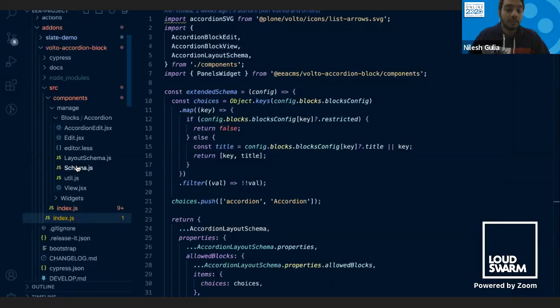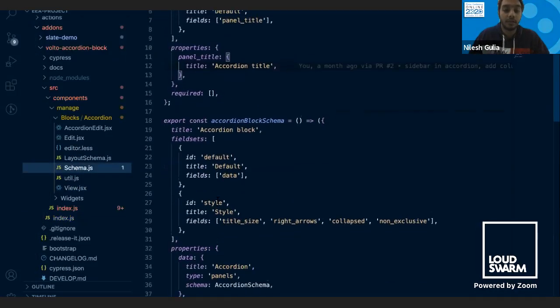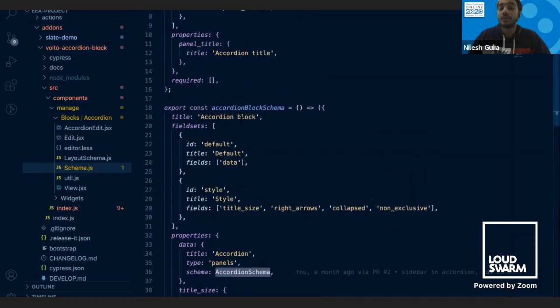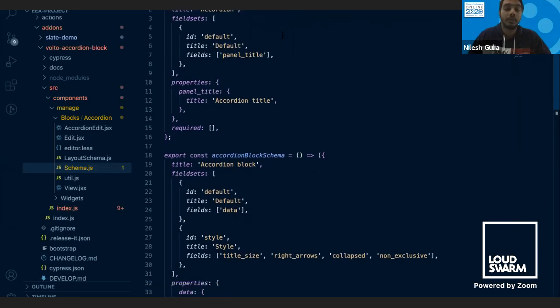Then we use it in the schema. In the schema, the widget type is panel, so this field is going to use this particular widget which we have registered, and that schema will go inside the accordion schema, and we will use it in the inline form.